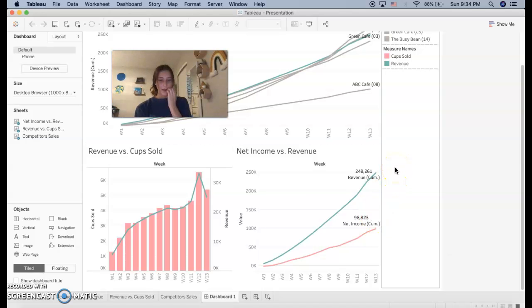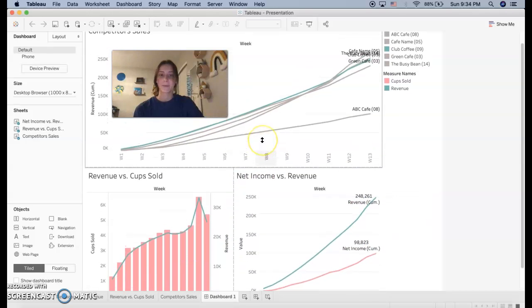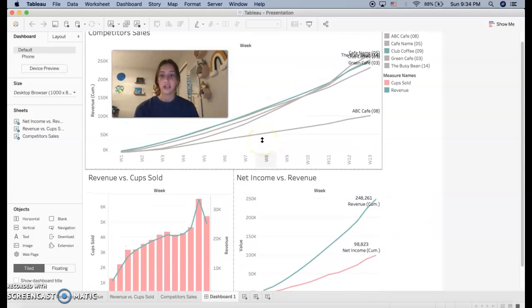I liked this program when creating this assignment. At first it was difficult for me because I didn't really understand the instructions, but once I got it, I had a good time putting it together. It was very organized, and I really liked how we got to color organize everything. And I think I'm definitely going to use this for other classes and even outside of school when I want to compare